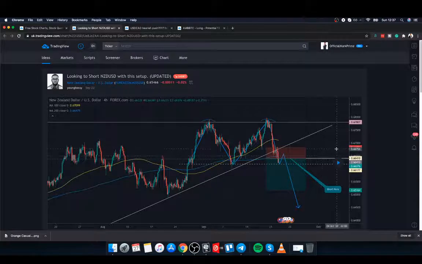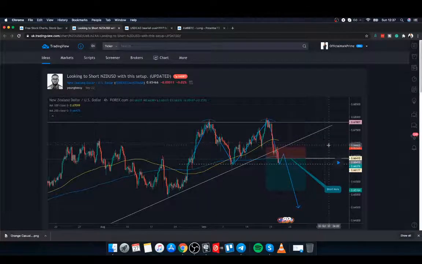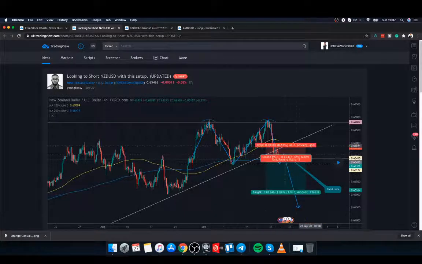Here I would have expected, first of all, the stop loss to be placed above this recent high, and definitely above the moving average if you are trading off them, okay? If you're using them, just use them completely, okay? Don't get me wrong, Young Bossy, your analysis is still good, but I don't really like the